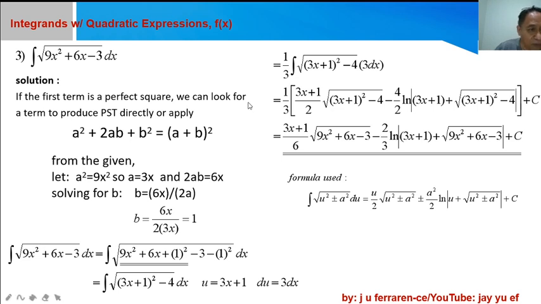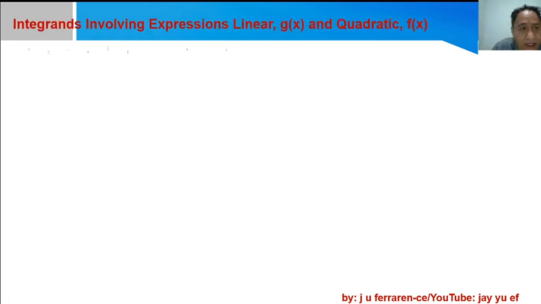So, if the first term is a perfect square, use that pattern. Actually, this is also an explanation why if we have x squared plus kx, then we will be adding k over 2. It follows the same pattern as this. Okay? So, next, the given